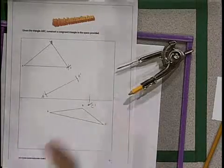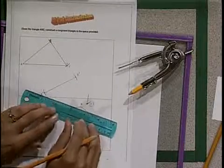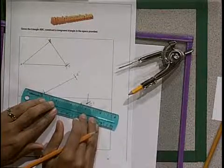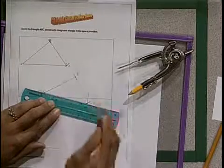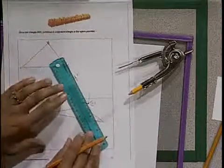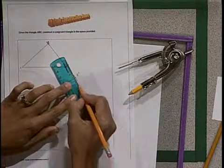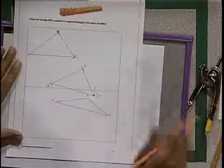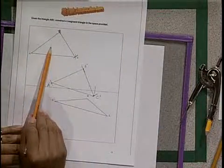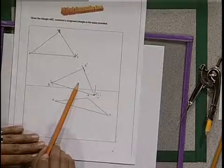My last step now is connecting my vertices. So I have my A prime connected to C prime, and I have my B prime connected to C prime as well. And this original triangle is now congruent to our image. And that is how you